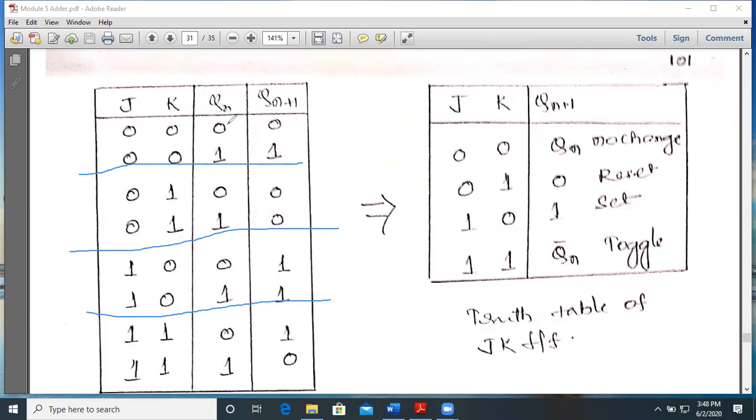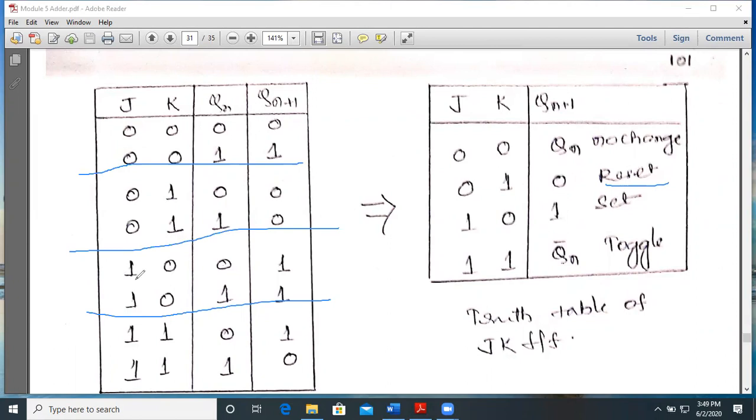So with only one bit, we could get two different combinations. So it is 0 or it is 1. All right. So Qn plus 1, this is the no change state that is going to show us. If J is 0 and K is equal to 1, even if the previous state is 1, the present state we are going to get as 0. So that is being shown as reset state over here.